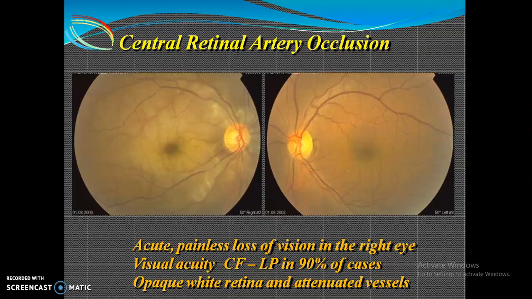in 90% of the cases, and an opaque white retina and attenuated vessels will be there. These are the things in the central retinal artery occlusion. Once there is an arterial occlusion, the part after that portion will not be getting enough blood supply, and because of that the function will decrease, and immediately there will be vision loss